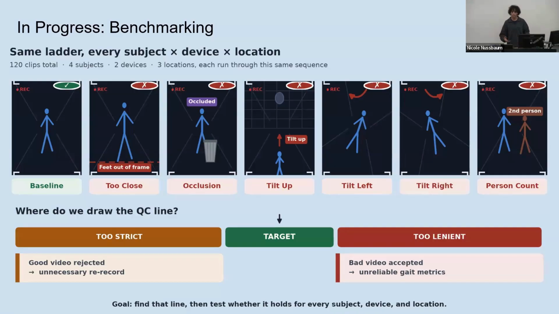Because when we are looking at these recordings, we have patients who are walking, but then there are clinicians present in the background. And that is important. Like I mentioned, that person count case with me and Johnny should actually be acceptable if it meets a certain amount of criteria, right? If we are in the back or we are making some movement. Essentially, the point of the paper is to know where to draw that line. We don't want a pipeline that is too strict and is rejecting good videos, or a pipeline that is too lenient and accepting bad videos. So we're trying to find that right line and see where it holds for every single subject, device,